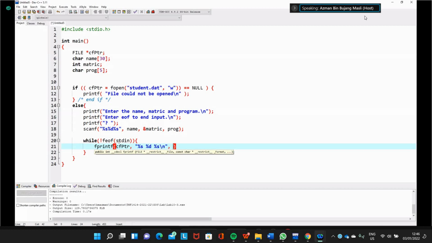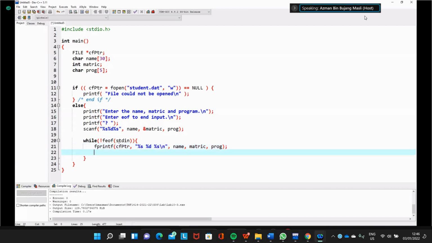Otherwise, your file will continue with no new line. Similar to the way we print a new line on the screen. So here we put the name to the file, then the metric, and then the program. The data comes from those variables.